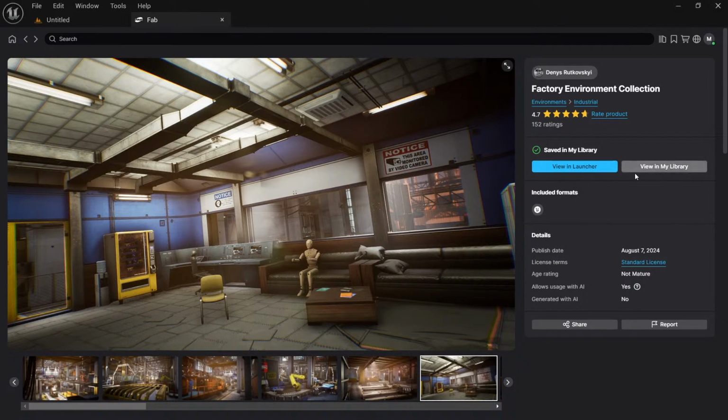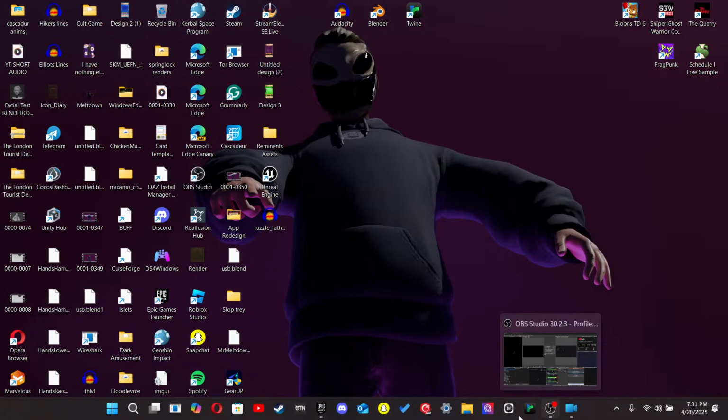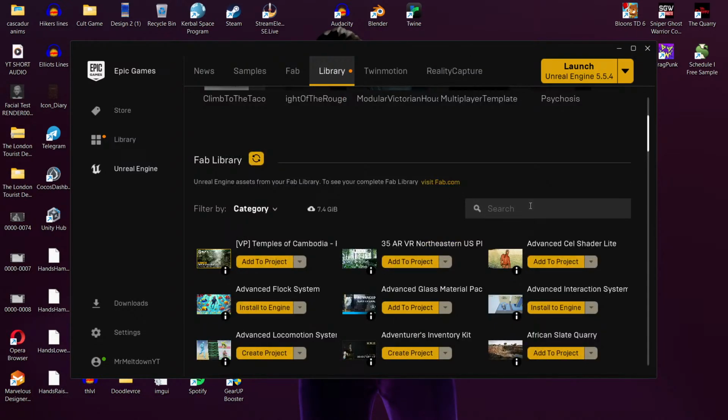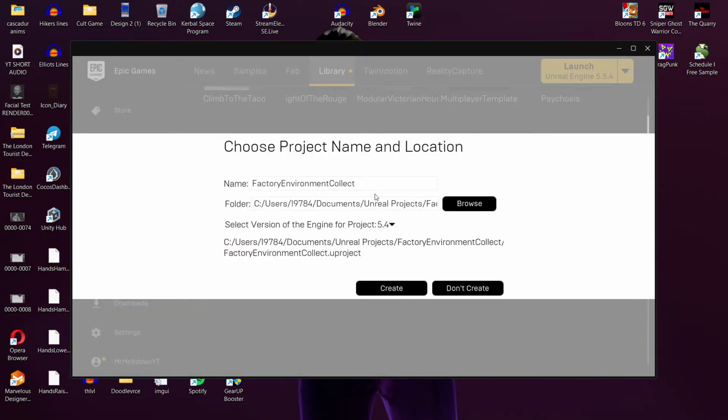From the looks of it, I'll have to make a new project and then import that in. So let's do that. Because once I have it imported, I can just transfer everything in the project over to this one, and then I can just throw it in. So what I'll do is I'll close this one, open this, and go here, create project,